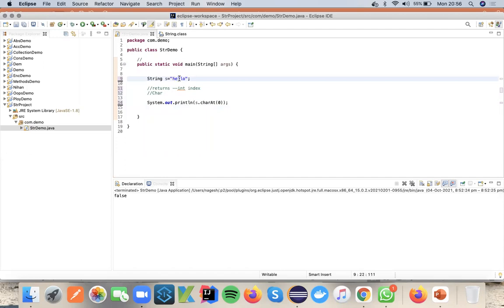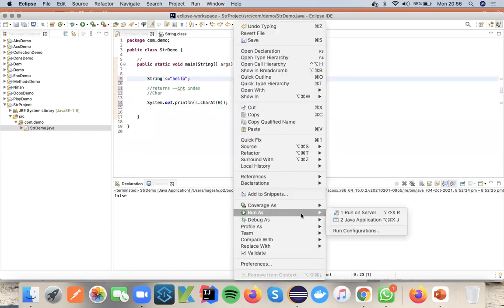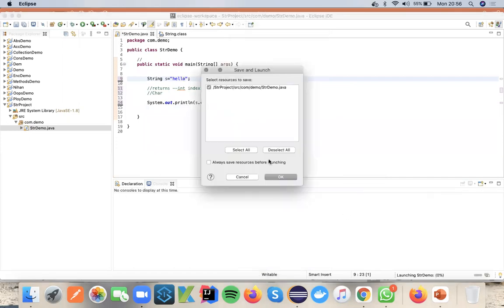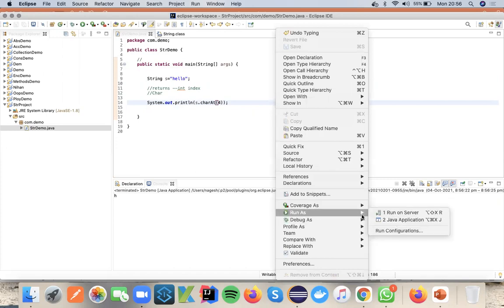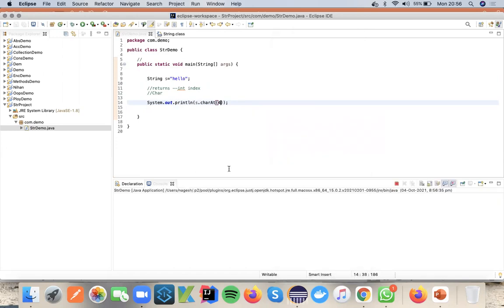When I give 2, it will print l. When I give 3, it will print l. And when I give 4, it will print o. That is the character located at the specific index.